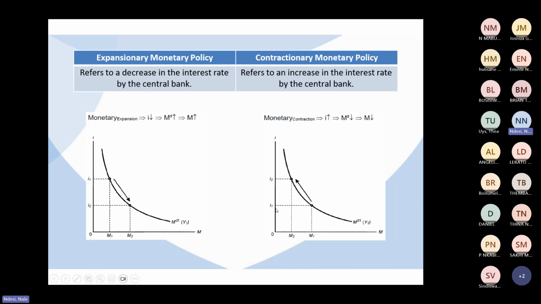So that would be from I1 to I2, which will be shown by the upward movement along the empty curve, which leads to a decrease in the quantity of money from M1 to M2. So that is the contractionary monetary policy